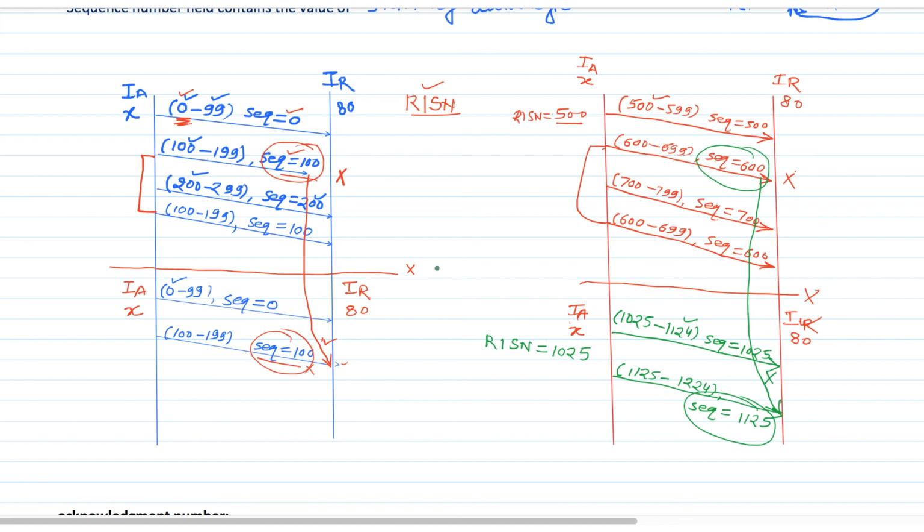So that is why always remember that whenever a connection is established, we use a random initial sequence number in order to start our communication. We are not going to always start with 0 or some other fixed number. So it is not fixed. We are going to use a random initial sequence number.